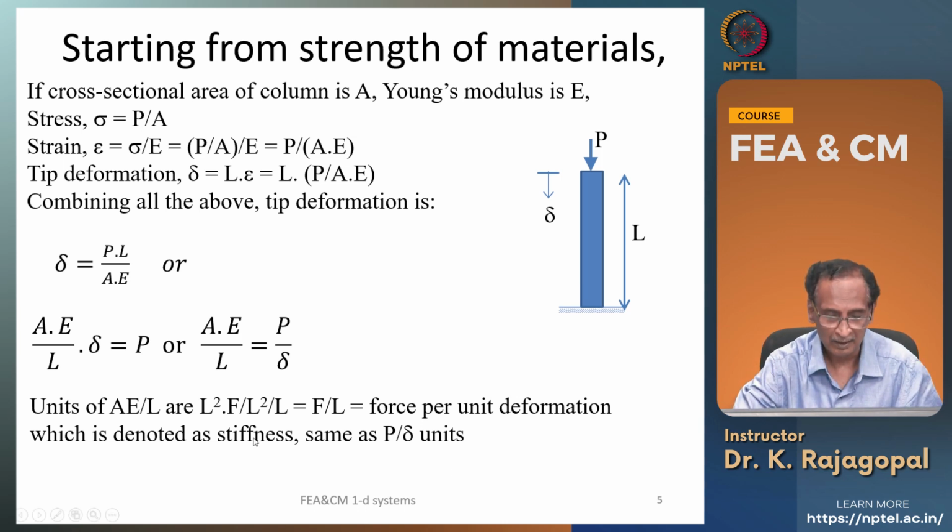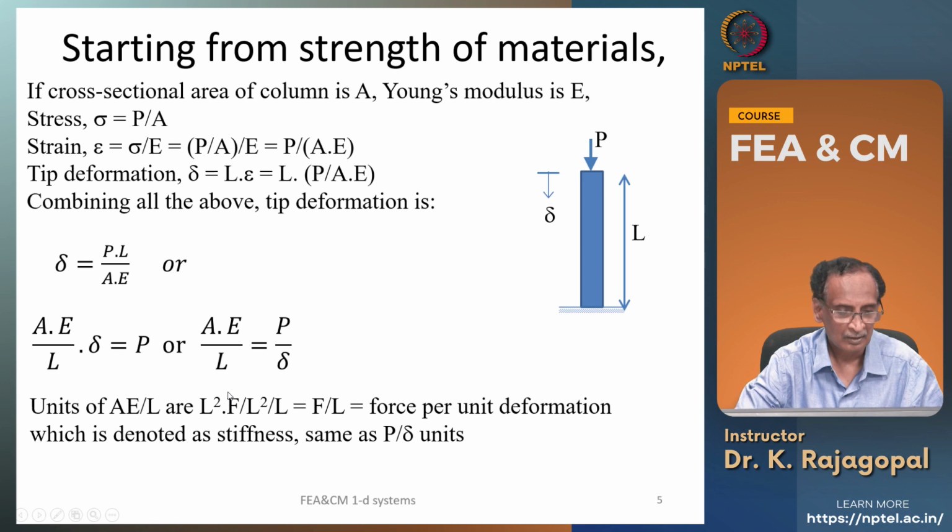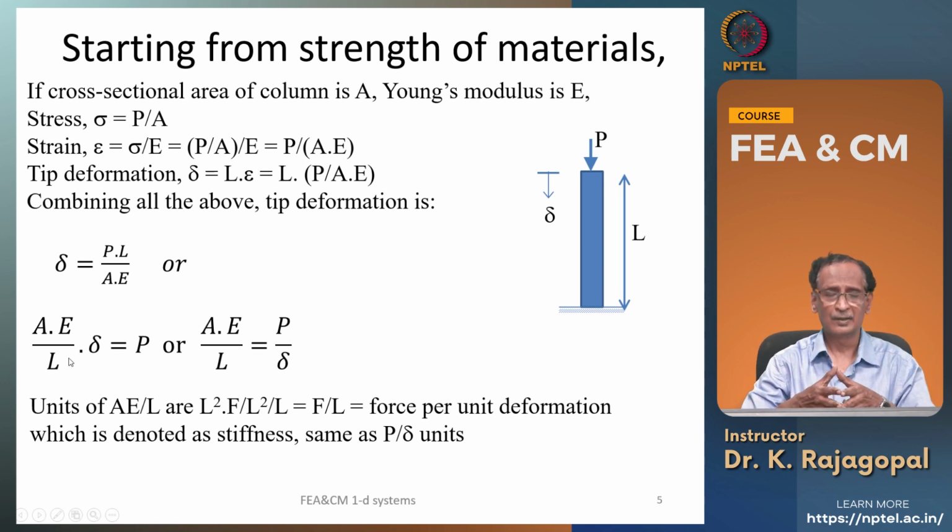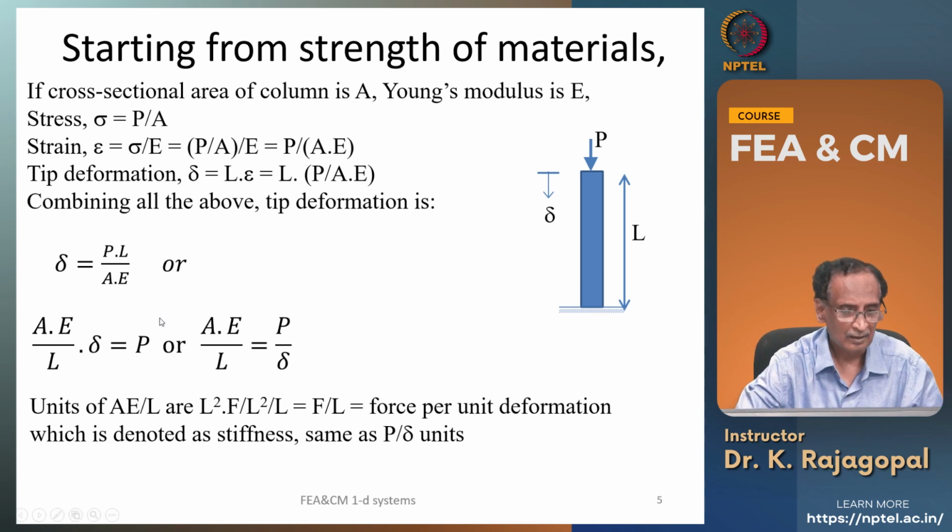So, it is P by delta. Both the left hand side and the right hand side have the same units, okay. And so, AE by L is our stiffness, and that multiplied by some displacement is equal to the force, okay. And actually we can think of it